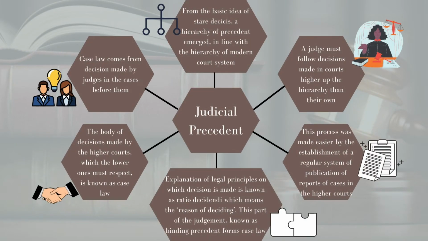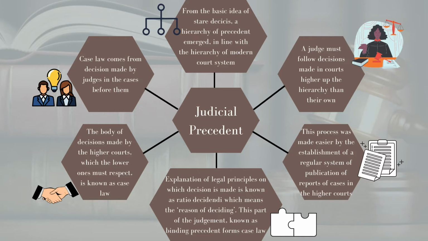Case law comes from decisions made by judges in the cases before them, and from the basic idea of stare decisis, a hierarchy of precedent grew up in line with the hierarchy of the modern court system. In general, a judge must follow decisions made in courts which are higher up the hierarchy than their own, and this process was made easier by the establishment of a regular system of publication of reports of cases in the higher courts. The body of decisions made by the higher courts, which the lower ones must respect, is known as